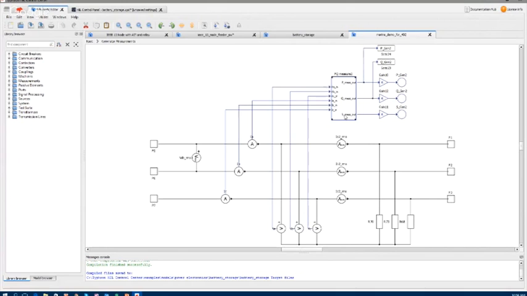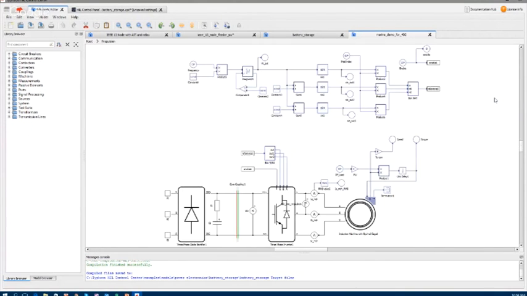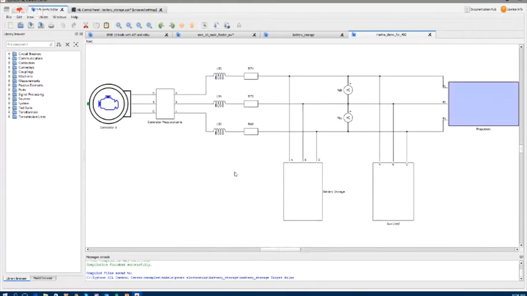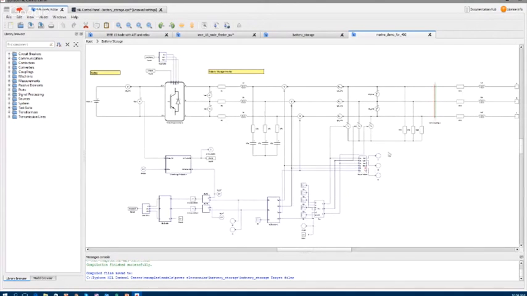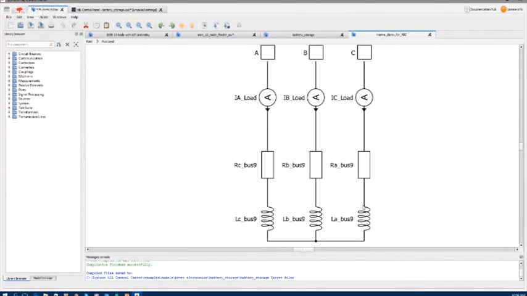So power measurement layer, propulsion with induction machine that is connected to the machine shipboard through the three-phase inverter that we are again controlling with the control algorithm designed in the same environment. Here we have some battery storage facility that is again controlled internally, and then some auxiliary loads here.